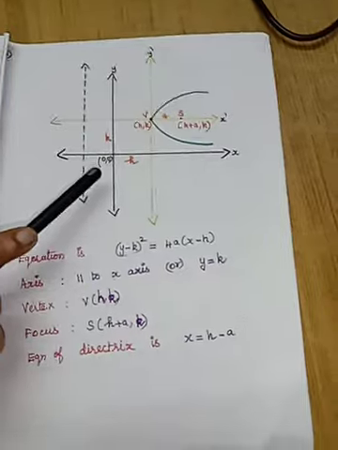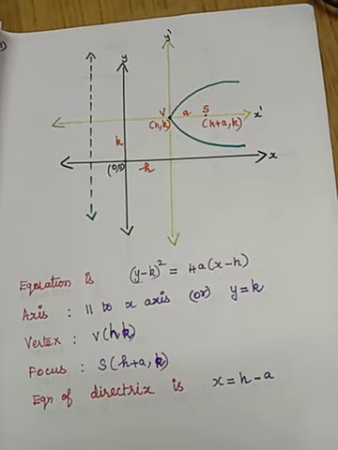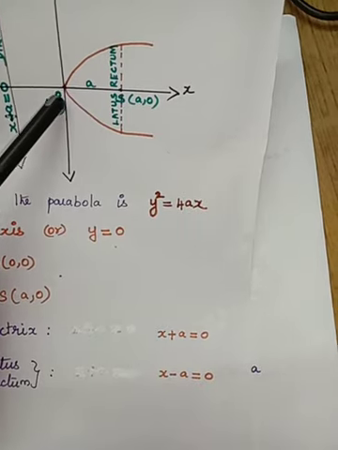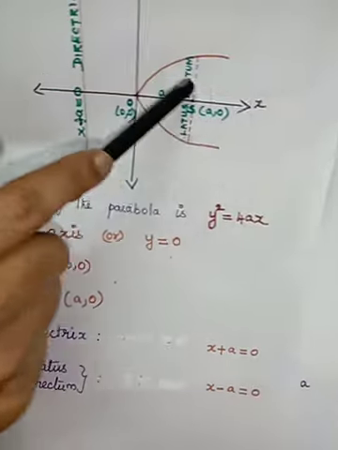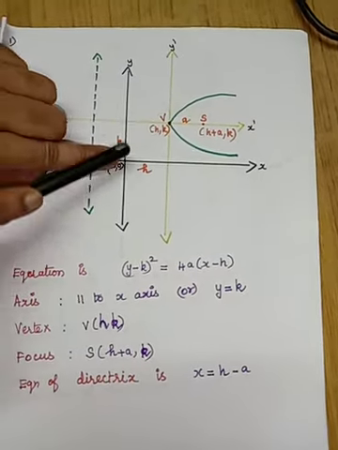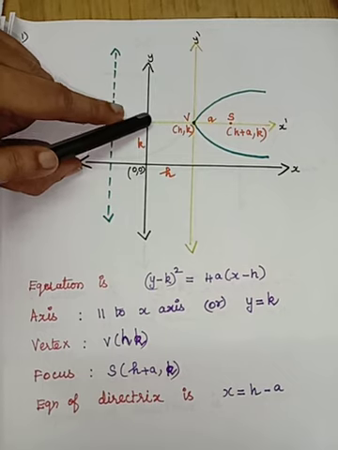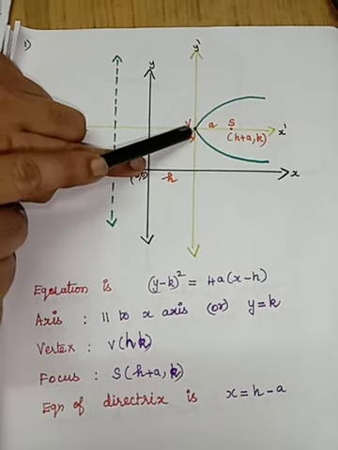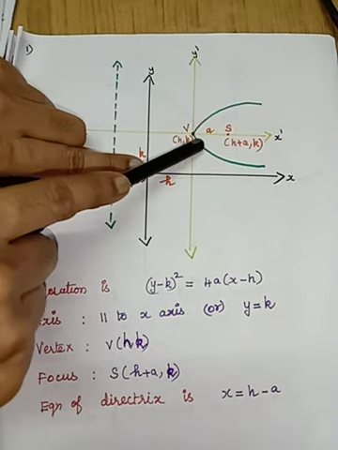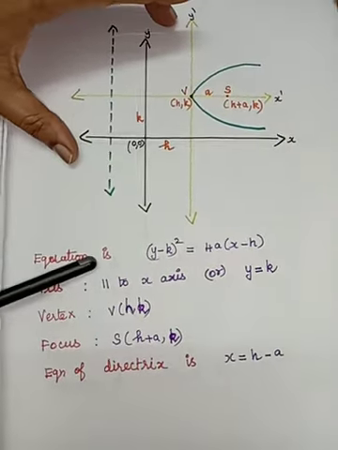Now, the first: what type of parabola is it? Open rightward. Previously, the open rightward parabola had its vertex at 0, 0, drawn on the x-axis. Now the x-axis is here, and I have taken the vertex as h comma k, so this is h distance and this is k distance. The vertex has been shifted from there to here, so V of h comma k. From the vertex I have drawn the parabola which opens rightward. Now you see how the equation becomes.